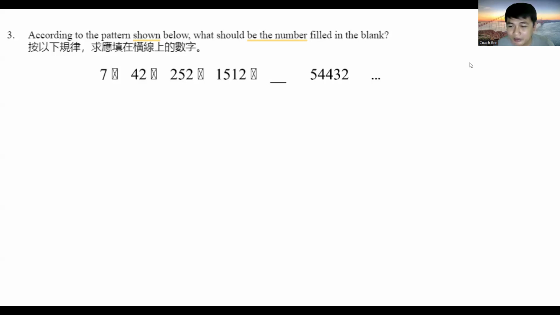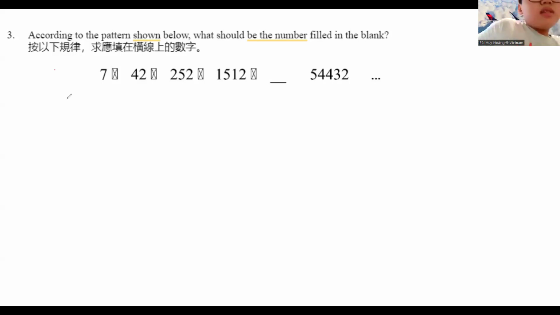Bui Hoi Huang? I'm really sorry if I mispronounced your name. Sir, I don't think they understand you. Yeah, I'm here. Yes, I'm here. Okay, so do you want to answer number 3? Yes. Okay, go ahead. You can annotate if you want.